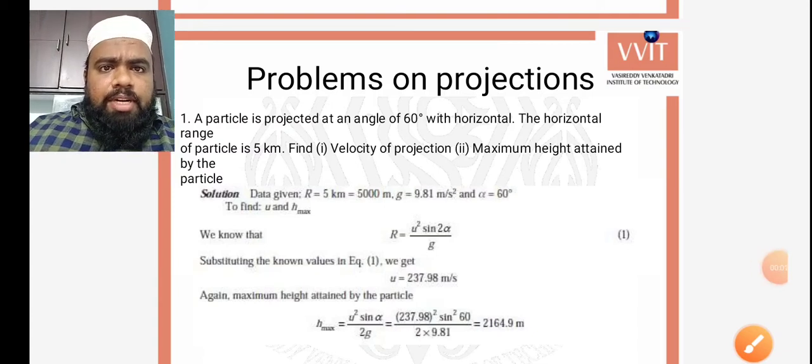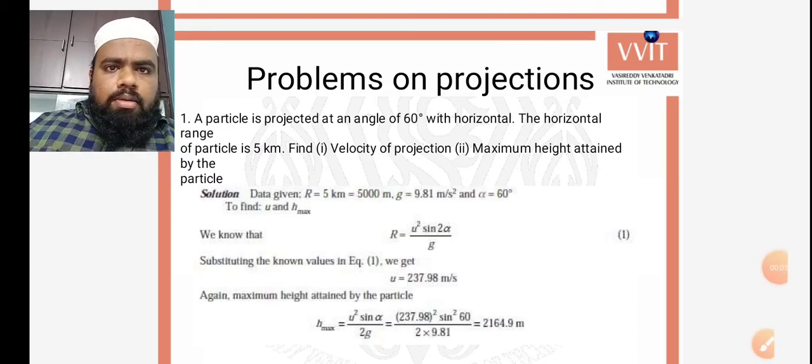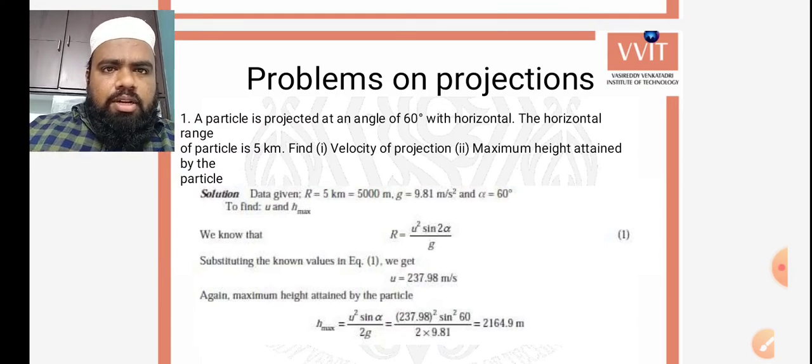So just now we have completed the projectile concept, which is also known as curvilinear motion. We have seen some problems. Ultimately, what we have to find out in curvilinear motion is the horizontal range, and